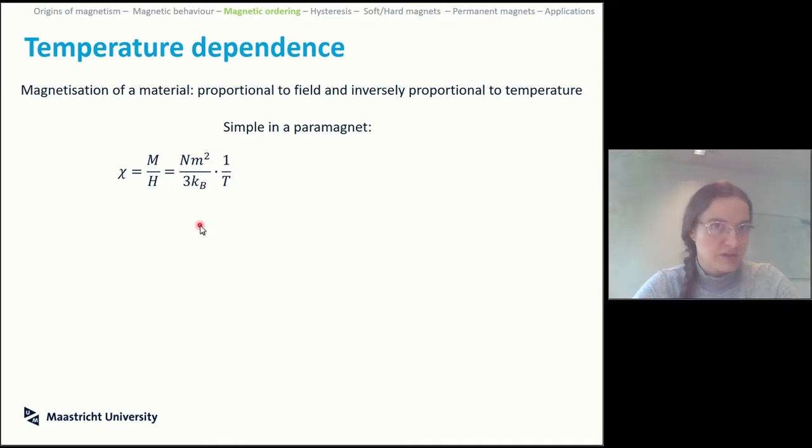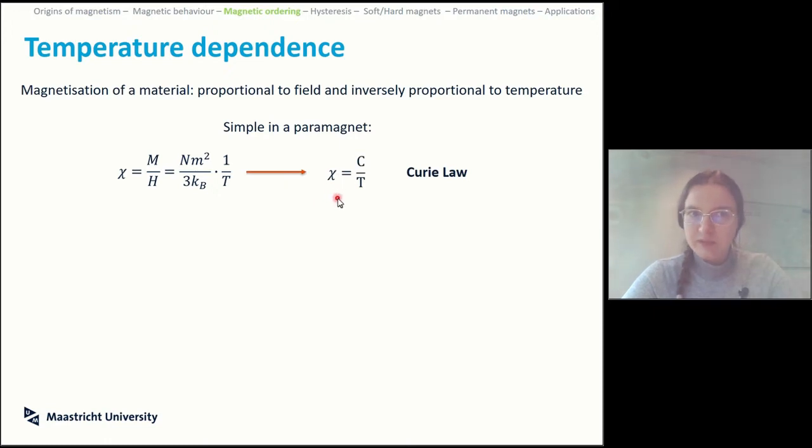know it's inversely proportional. So this is a series of constants inside of the material, but it will go like 1 over T. This series of constants can be collated all together to give you something that ends up looking like this. So the susceptibility is inversely proportional to temperature. This is called the Curie constant, and this as a whole is called the Curie law. So when we want to look at paramagnetic behavior, a paramagnet and its susceptibility will follow an inverse proportionality